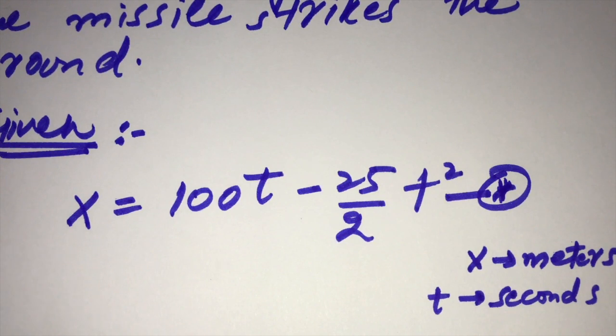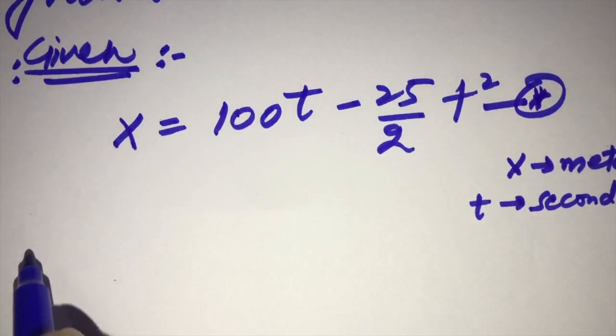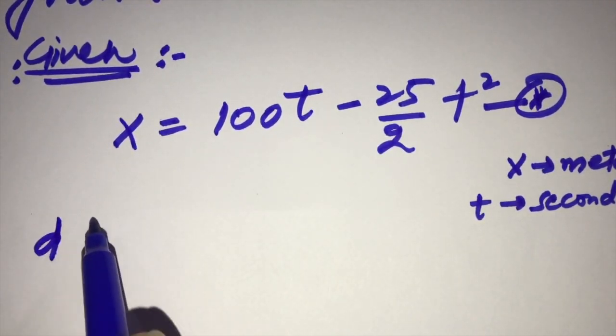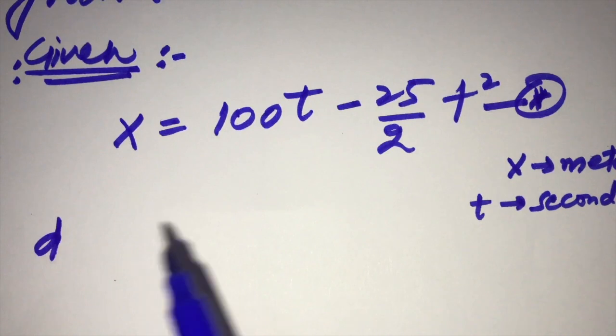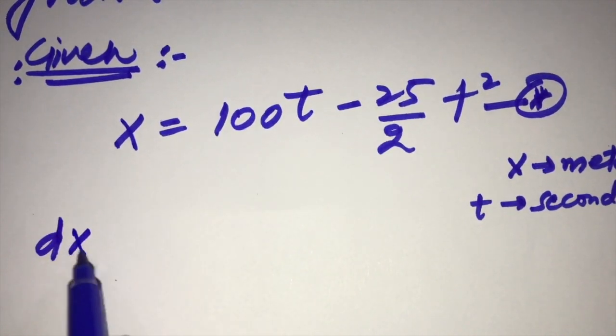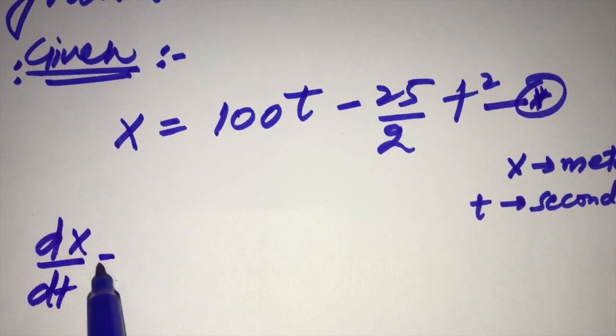So we first take the derivative of this equation and then put time equal to 0 in our derivative equation. From this we can find the initial velocity. So first take the derivative with respect to t, with respect to time. dx by dt is equal to,